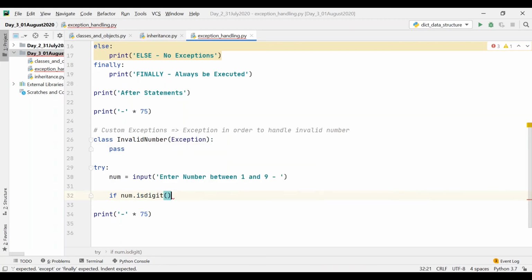You guys know what is the purpose of isdigit, right? We are checking whether only numbers are present in the input string. If it is, I can just typecast it: num is equal to int of num.